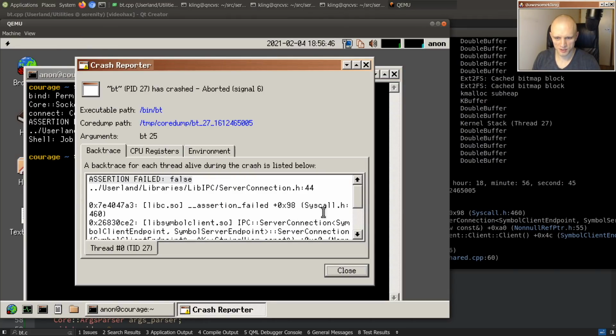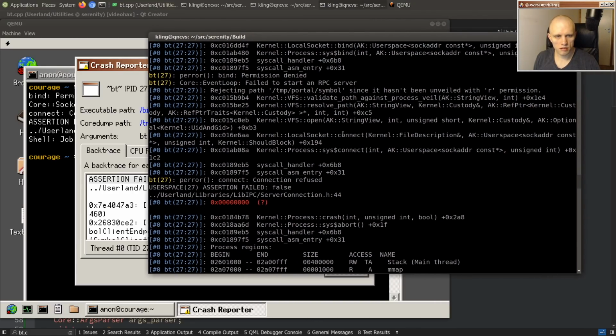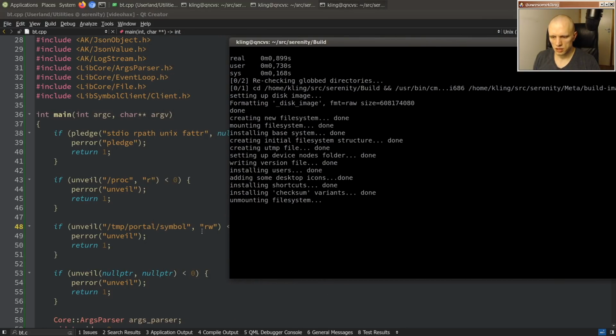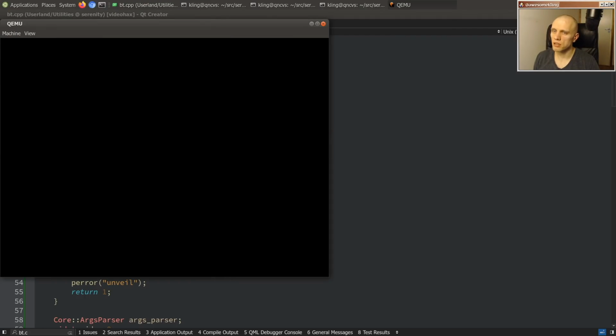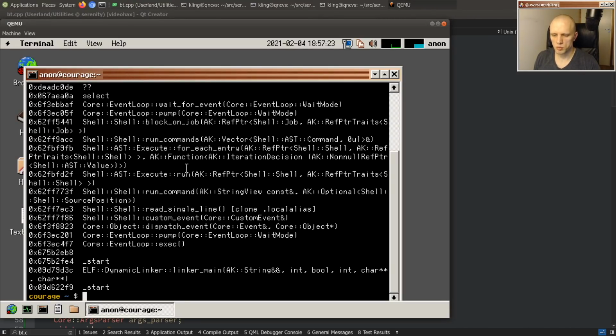Ah, almost. What did we mess up? Temp portal symbol has not been unveiled with R. Okay, so I need RW. I need RW to bind, I guess. I would have expected I need write permission to bind. I'm not exactly sure if either of these makes sense. Like maybe binding, or maybe like using a local socket should have its own unveil character. I haven't thought super much about that, but